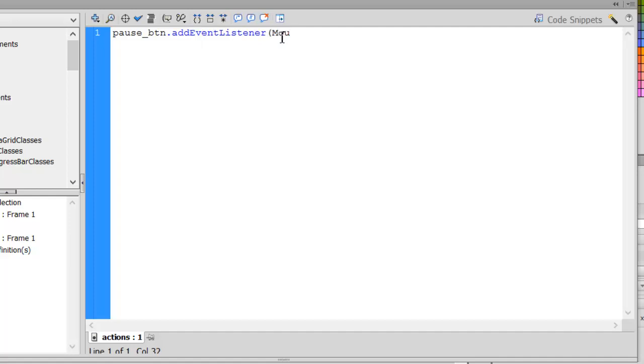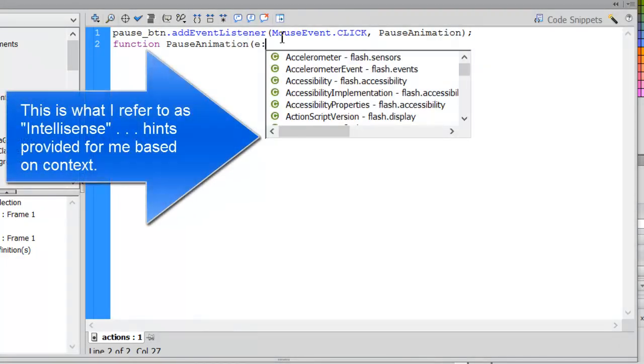My parenthesis, I'm going to specify the MouseEvent class. I'm going to type a dot and specify my event as CLICK, a comma, and then the name of my function. We decided to call this pauseAnimation. Closing paren, semicolon. Then I'm going to write my function. function pauseAnimation, my variable is e, the colon,